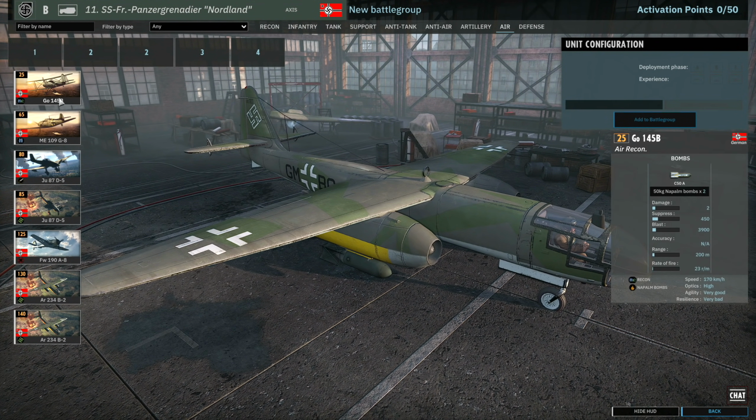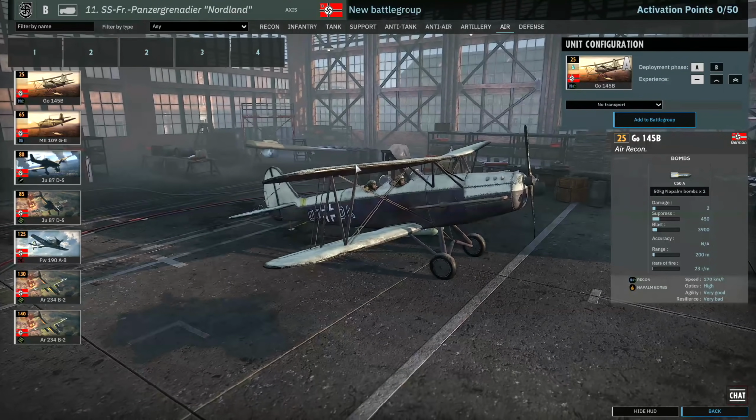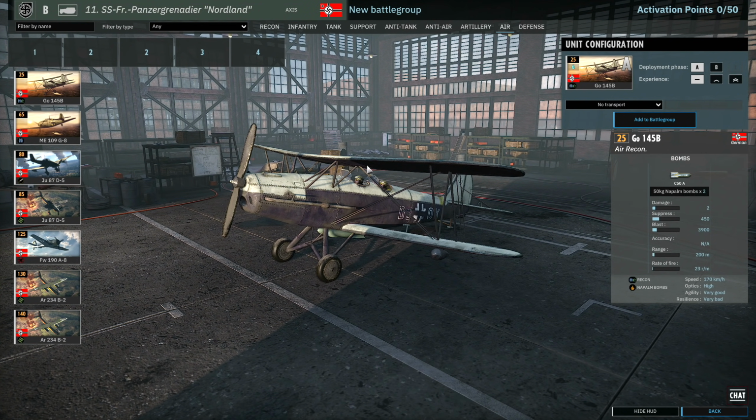This is the last tab of the Panzergrenadier Nordland. We have the GO-145B. What an exciting aircraft. A little biplane there. Does have the napalm bombs. The napalm bombs will unseat